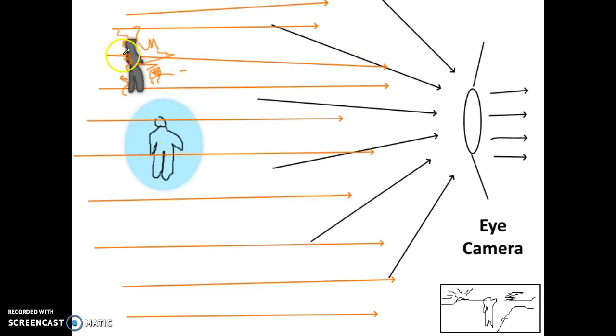But let's say there's a paranormal parasite near him. Now the paranormal parasite is not visible to the naked eye because they operate just outside of visible light. But nevertheless, visible light surrounds them, but because they are paranormal entities, they cause disruption in the stream of light. And this disruption causes a glitch.